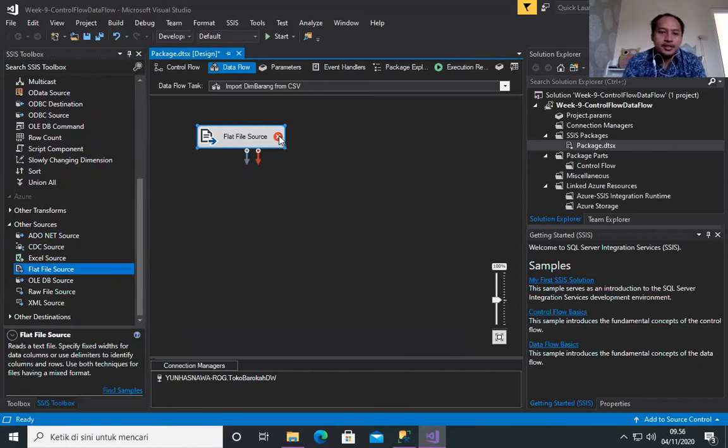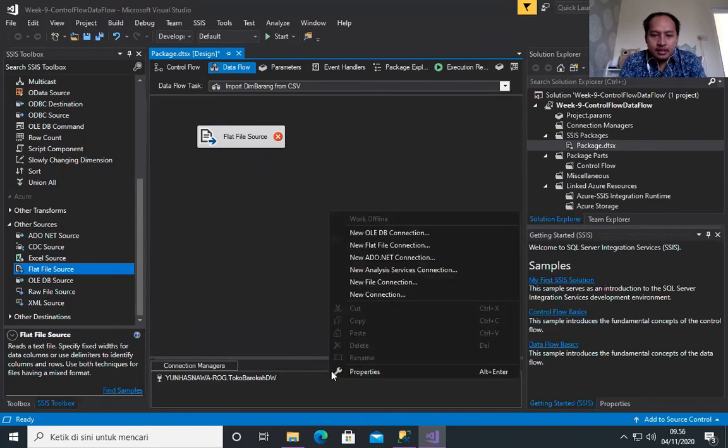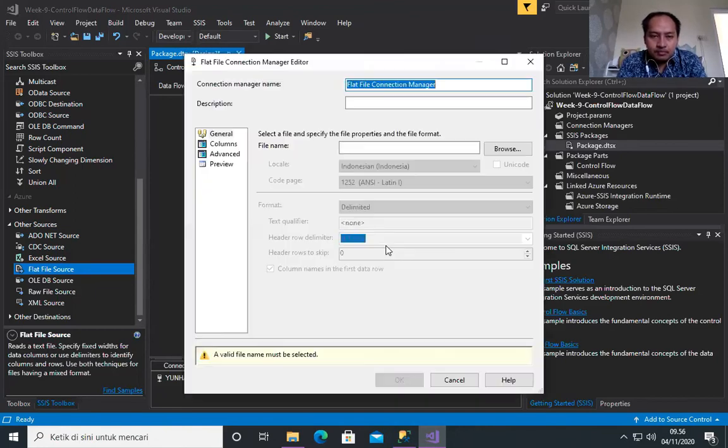connection. So again, we have to create a new connection to our file. Right click here in the connection manager tab, and then we choose the new flat file connection. All right, just rename it here, connection to CSV file, for example.